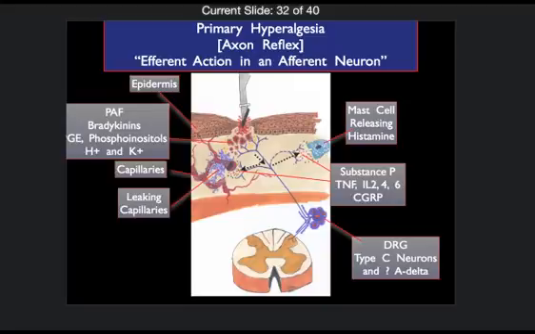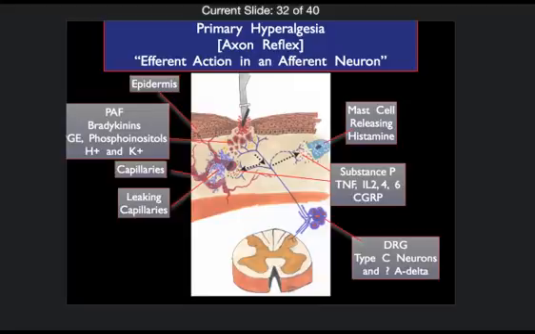You got release of platelet activating factor, bradykinin, prostaglandins, phosphoinositols, hydrogen and potassium leak out of the cell. Doesn't get enough blood supply, little changes. And that activates receptors on the terminal end of a C fiber, and an axon reflex occurs, which is the